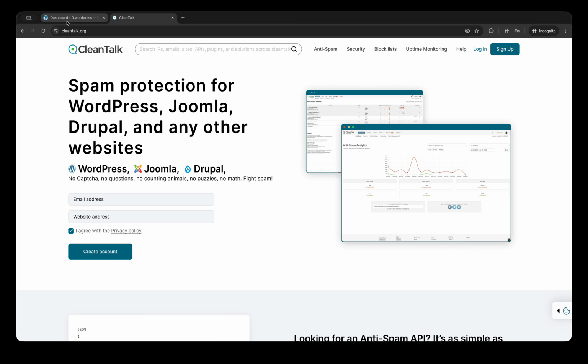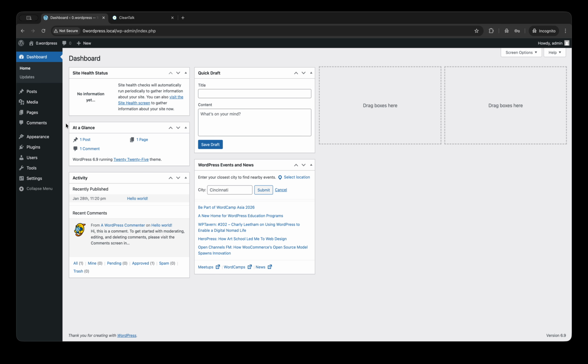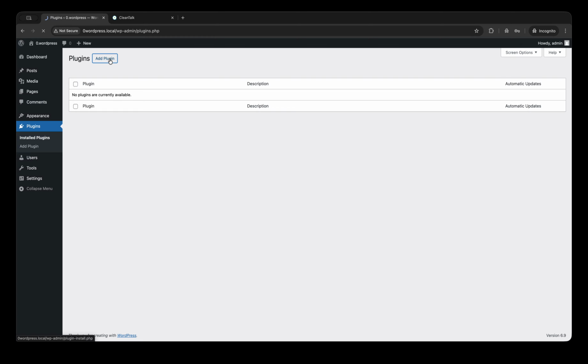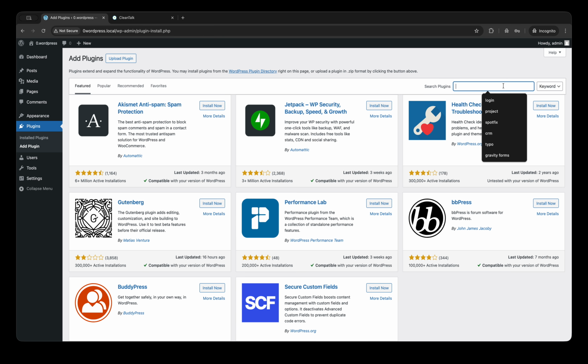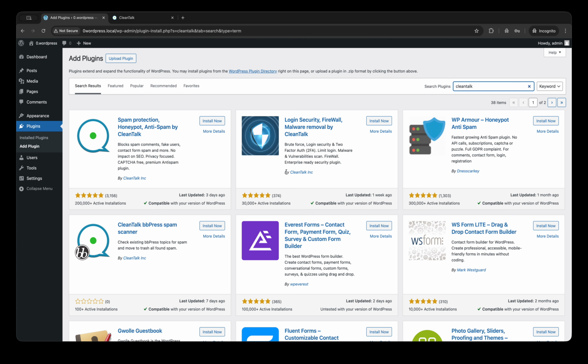The first step is to find the dashboard, then click plugins, add plugin, type CleanTalk, wait for a few seconds. On the next page you may see a lot of plugins, but this one is yours. Click install now,